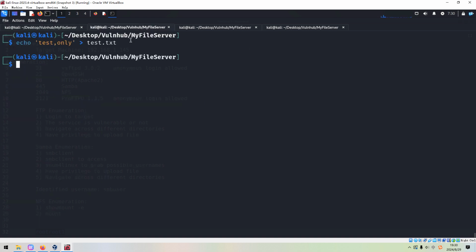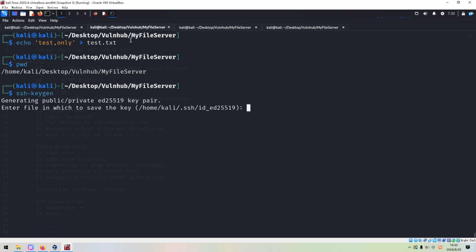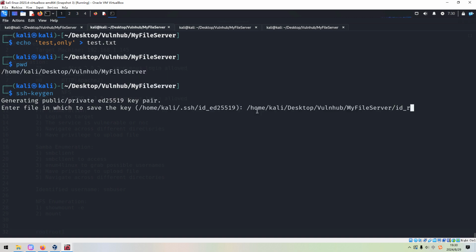So how to do? We can use ssh-keygen, and of course I'd like to print out the current working directory first, and I want to save the key pairs in this working directory. We can copy the absolute path, followed by the name of the private key, with no passphrase.